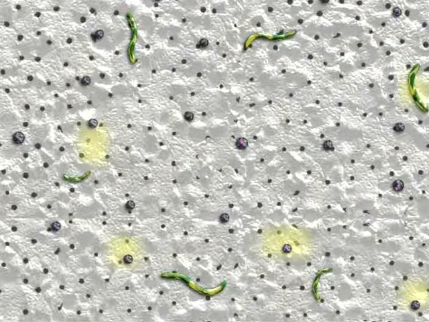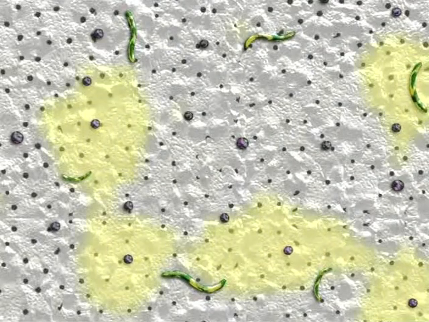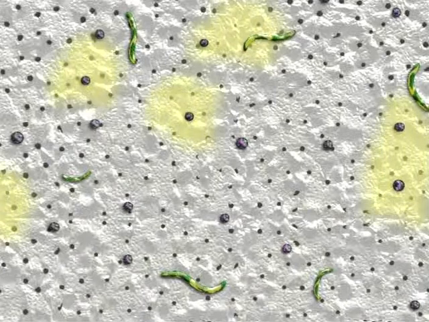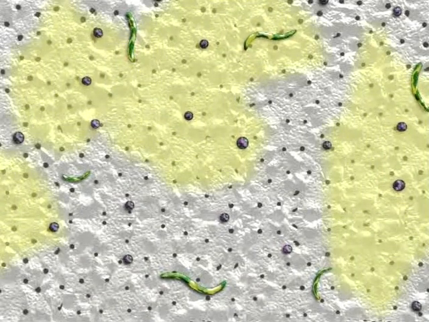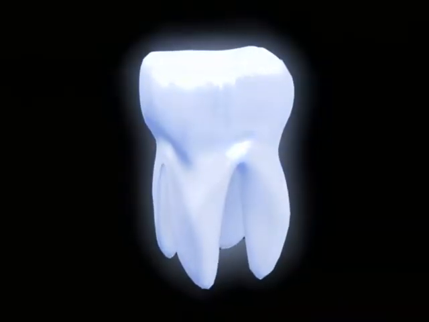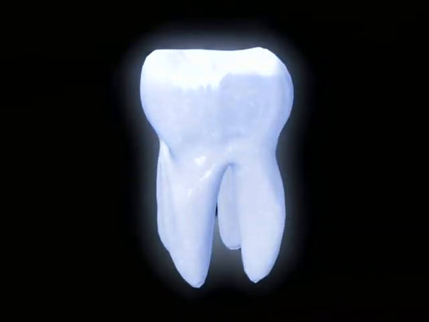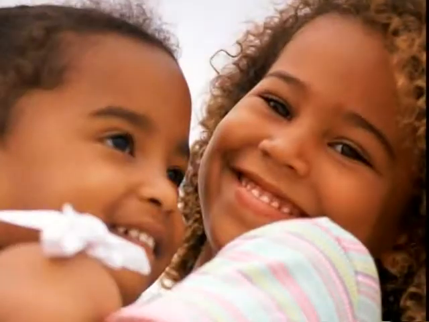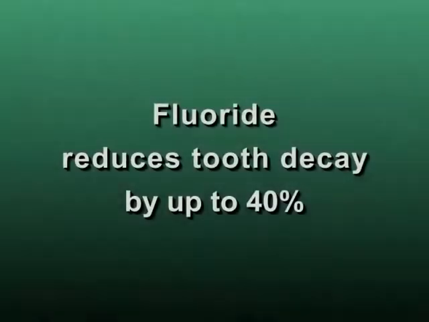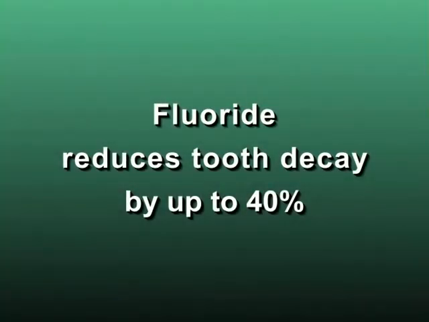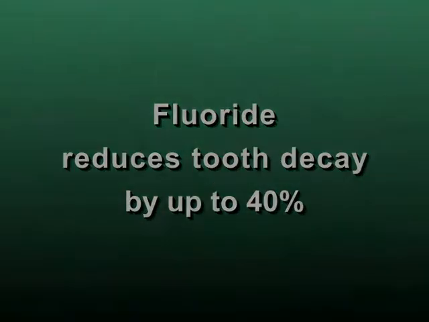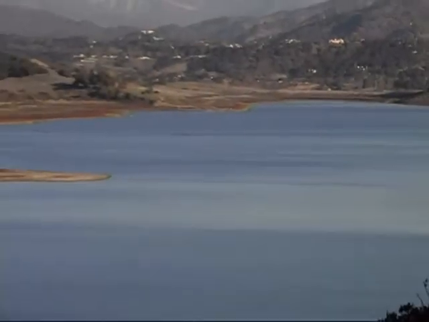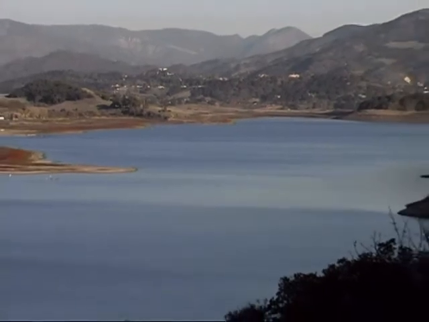First, it helps the tooth defend against demineralization, or destruction of the tooth crystals. Second, when fluoride adheres to your teeth, it also helps to remineralize, or repair crystals that have been previously damaged by the bacteria's acid. Fluoride coats the enamel of the tooth and makes it harder for the acid to penetrate the enamel surface. Fluoride has been shown to reduce the incidence of tooth decay by as much as 40%. Fluoride is a natural defense against decay and bacteria.